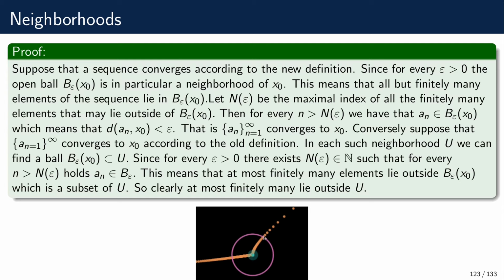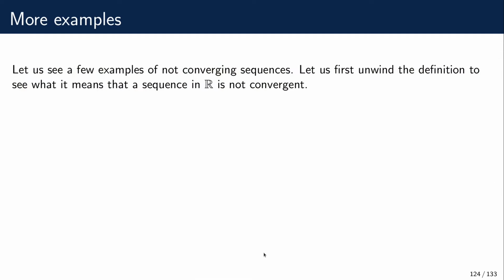And this can be done for any epsilon. I can take this epsilon as small as I please, and again, only finitely many elements of the sequence will be outside of this ball, and the others will be inside. Okay, so let us see more examples, or let us see what it means for a sequence to be not